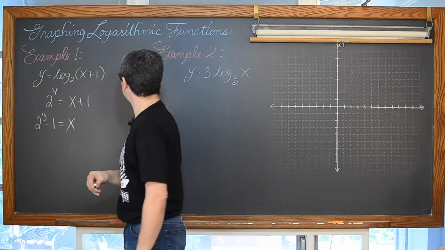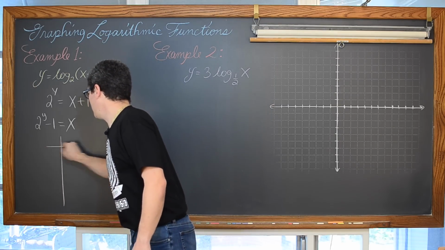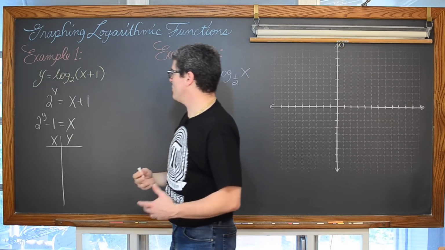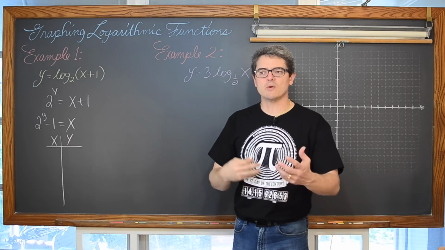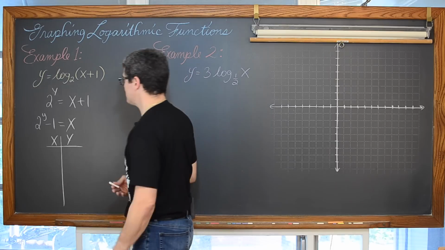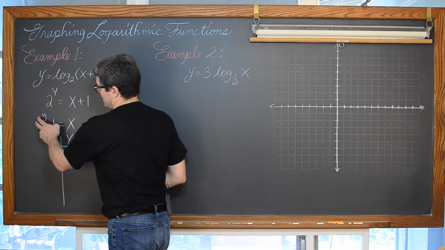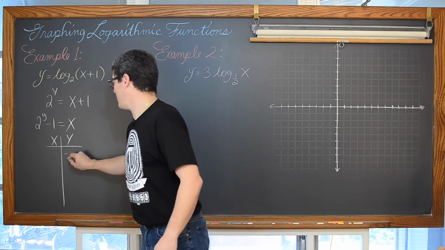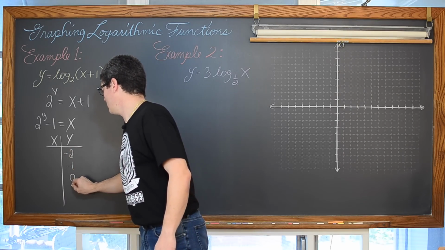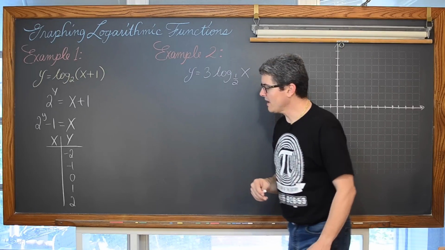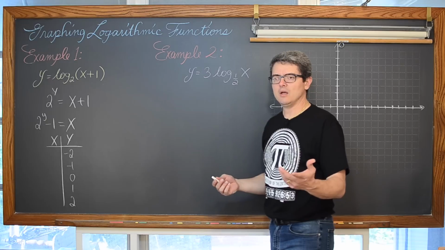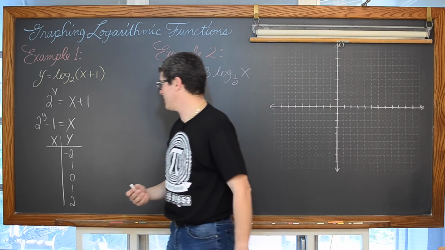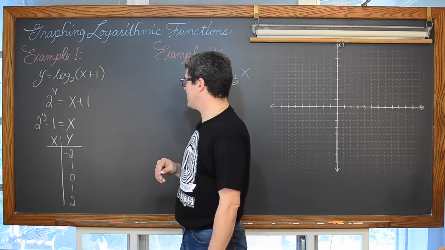So when we build up our t-table, we're going to be picking values of y. Now, what values do you want to use? Pick some small numbers around the 0 range and use integers, more than likely. We want to pick some numbers that we can easily raise 2 to that power. So let's just say y is going to be -2, -1, 0, 1, and 2. I don't usually just use 2 or 3 points for graphing a function which is curving, right? What direction is it curving? How sharply is it doing that? So let's do some work here.